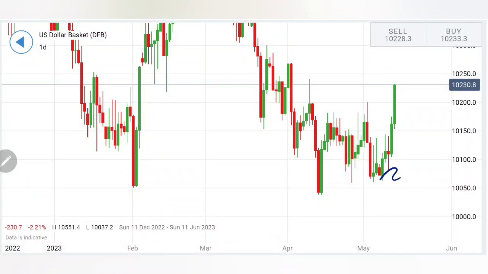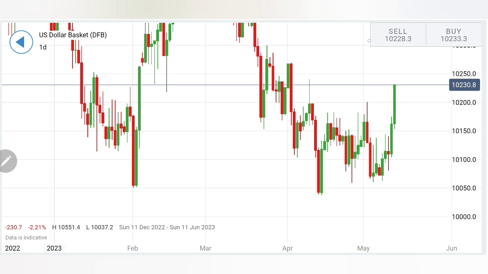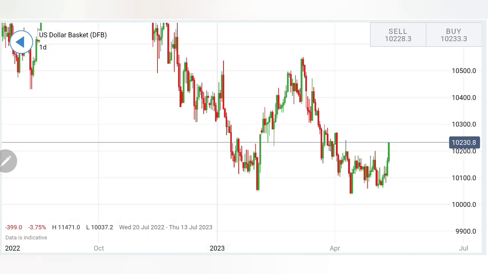Dollar index last week, once again forming the base at 100.6, has seen a good breakout, and specifically in the last couple of trading sessions it has reversed and breached past the resistance levels at 101.8 and 102. Remember, these two were very strong resistance levels. So what to expect: will it continue with this bullish reversal, or can we expect it to reverse again and trade with a drop? Which position you should take, what to expect next week, we will see with the help of charts followed with